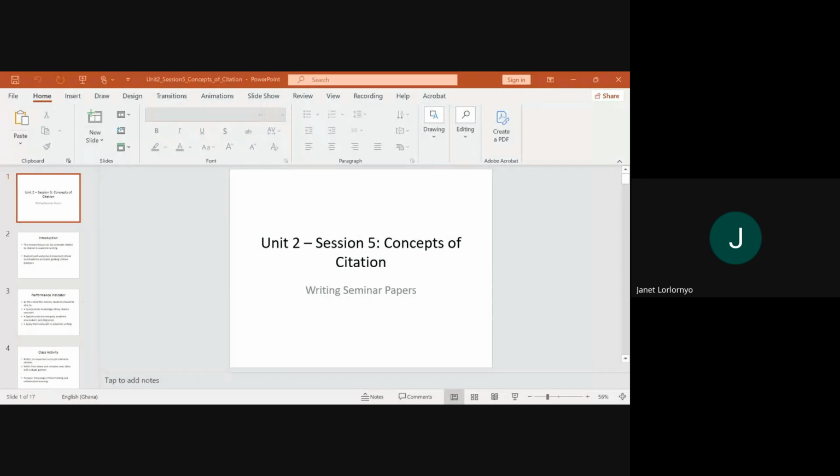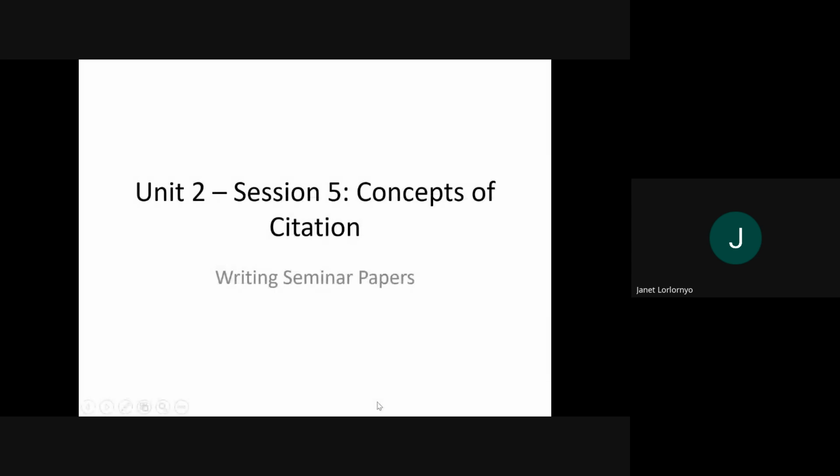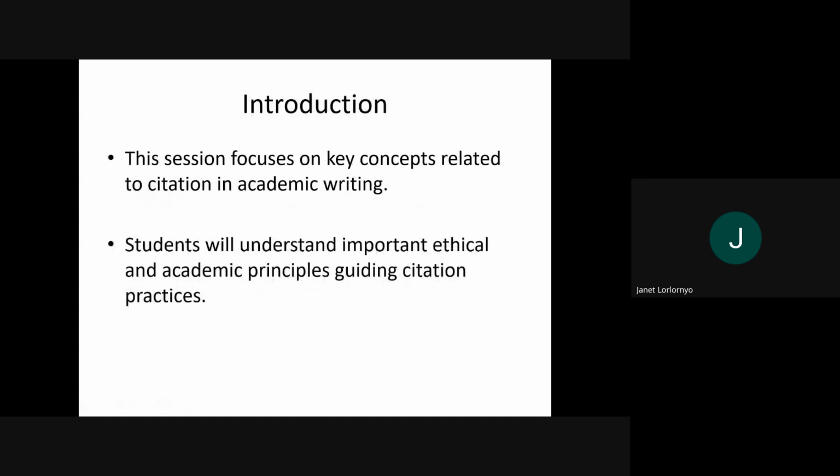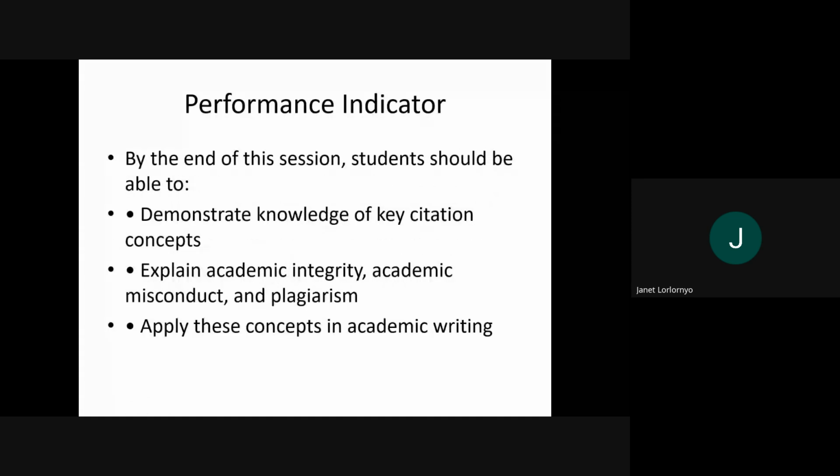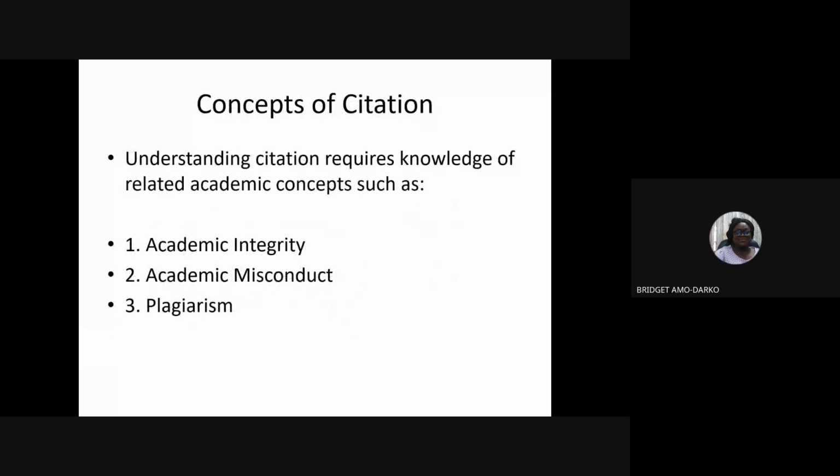I also learned why you should not cite things you have not properly read about. The consequence is that when you cite certain things like that, it weakens your arguments. Okay.